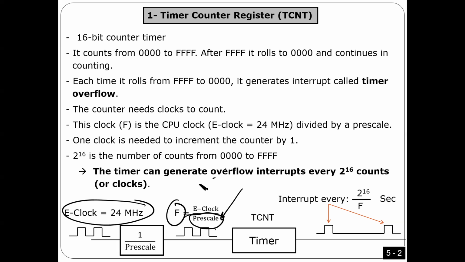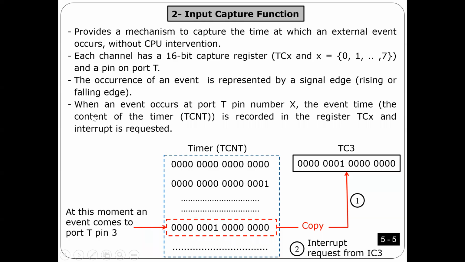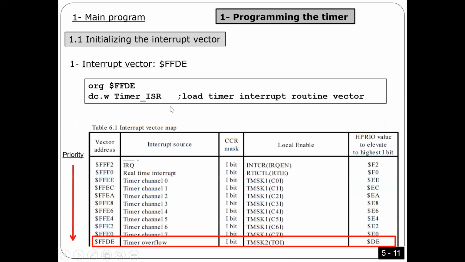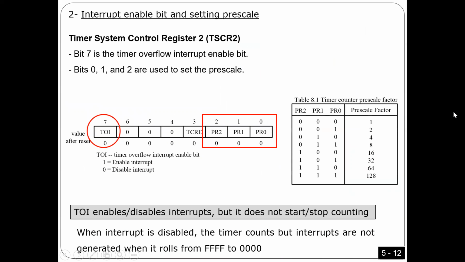Very simple. Prescale is a value you put in a register. This is configuration, similar to the interrupts I explained to you before. You need to do configuration, and then you need to program the interrupt or use it as I explained before. As you see here, guys, we have a register. We call it TSCR2. This is the name of the register.